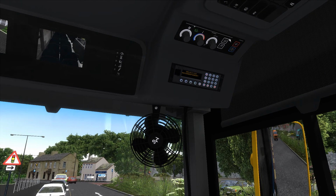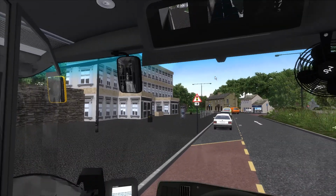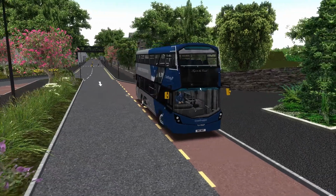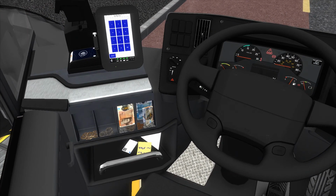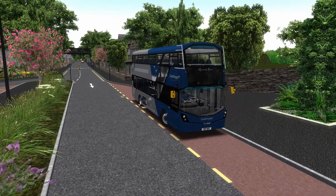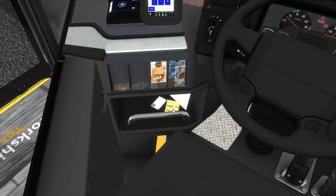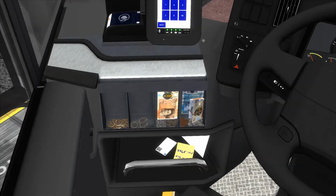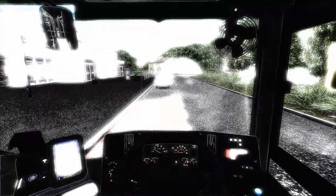But I still prefer driving these over the E400 MMC and stuff. And if you've followed the channel for a while, you'll know that I'm not the biggest fan of the MMC anyway. But I just think bog street decks are a lot nicer to drive. I forgot the pin, 3922. I just think they're nicer to drive,